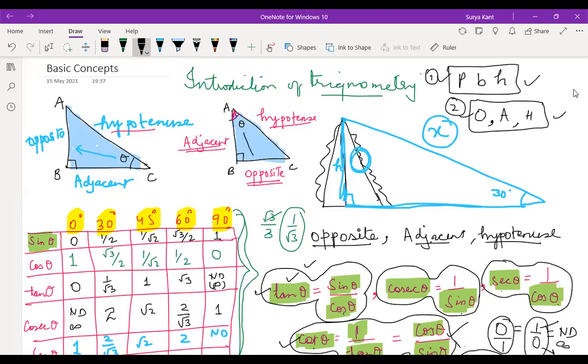That's why here the opposite is PC, and here AB is opposite. So opposite and adjacent depend completely on your chosen angle. What about angle B? B is 90 degrees. We are always talking about 90 degrees. In a right angle triangle, one angle must be 90 degrees. So your acute angle is either A or C, or if you change the names to XYZ, then it depends on you. Is it clear, Drishi?